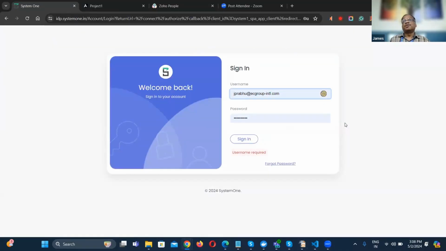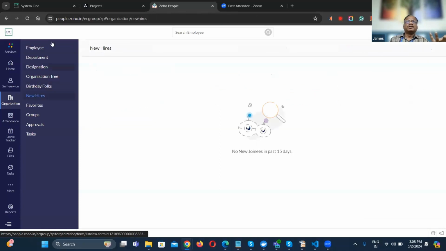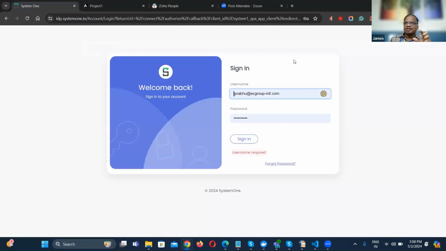So this is system one, actually our office software. Here we have the login screen. So nothing is complicated here actually. If you see, one website is a collection of web pages, right? Even if you see Zoho, we have so many pages. So like that, login is one page. Now, this page is called a component in Angular. So, to simplify the thing,